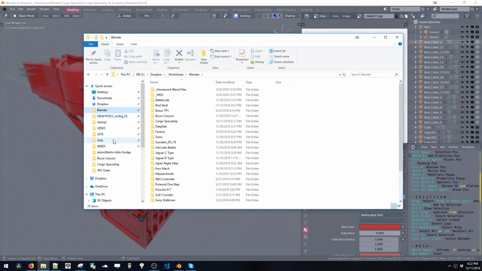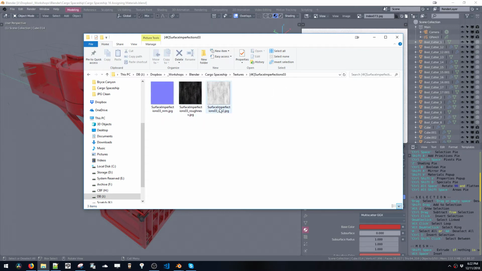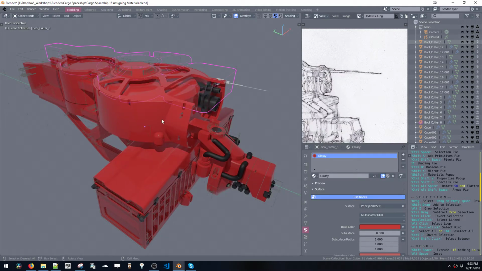Okay, Windows. So there's roughness, and let's rename this one to diffuse. And these are just different settings of the material that you can affect with images. So anyway, I've got those 3 in there,